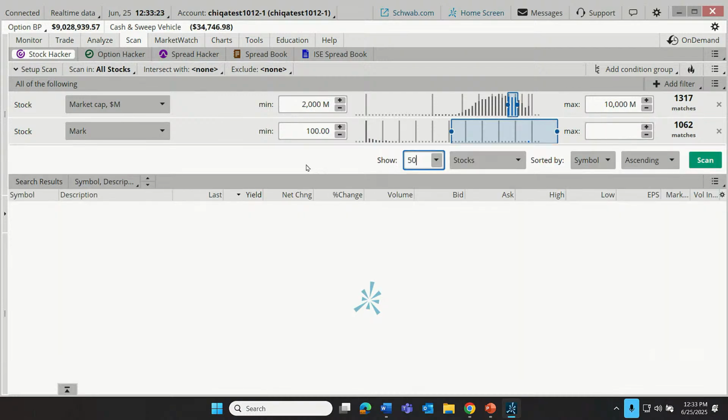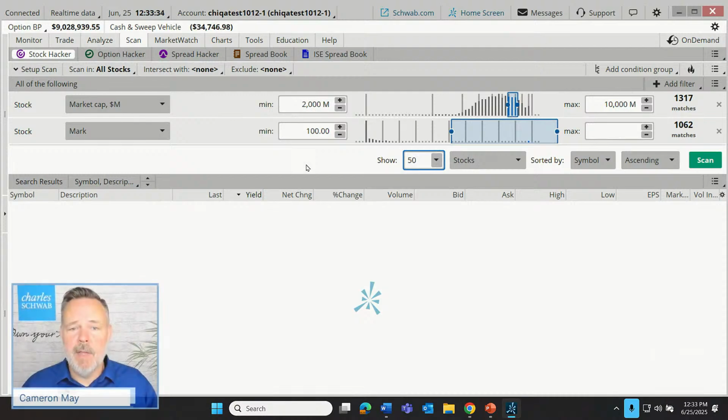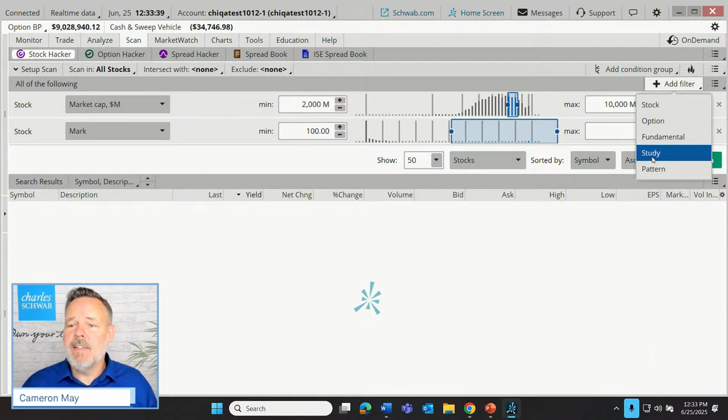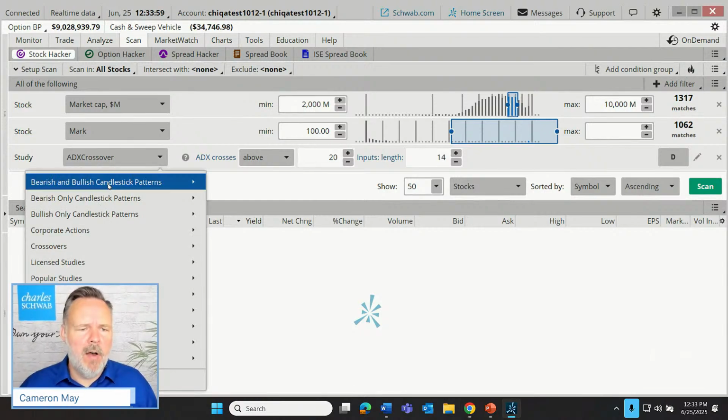But now let's tell the system the specific charting behavior we were interested in. In this case, we were looking for the 5-period moving average crossing up above the 20-period moving average. So that is a different type of filter. That is what we call a study filter. The field of using charts we call technical analysis, and technical traders use chart studies or chart indicators. Indicators, studies, that's kind of an interchangeable term in technical speak. So let's choose study.